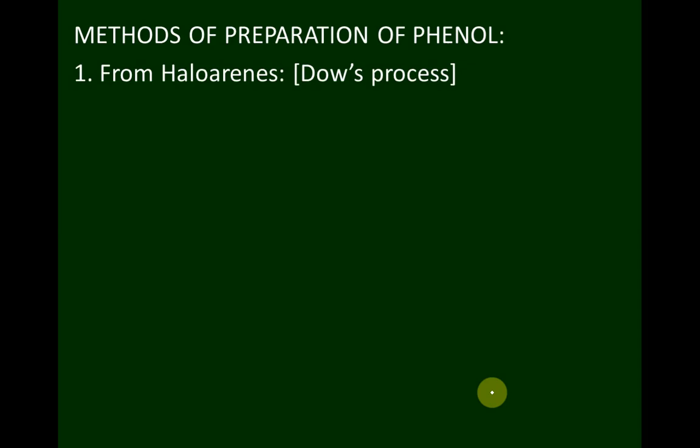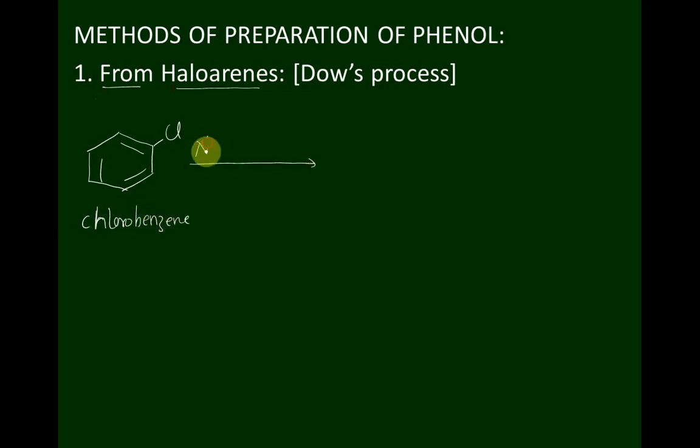Coming to the next, methods of preparation of phenols from haloarenes. I'll take a haloarene, example chlorobenzene. When chlorobenzene is treated with sodium hydroxide solution and heated up to 350 degrees Celsius under a high pressure of 300 atmospheres,